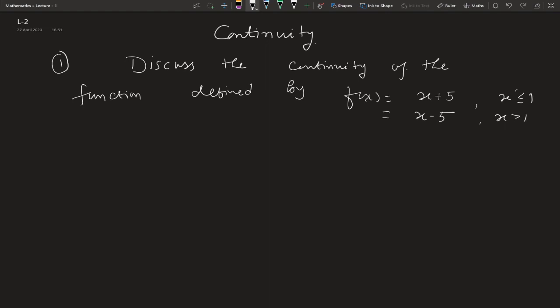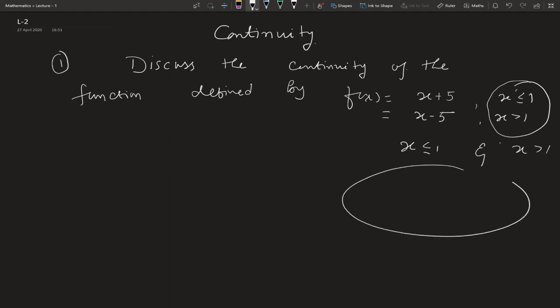Now, at which point it is not specified, but the junction point of this function is, you can observe, it is defined for x less than or equal to 1 and for x greater than 1. So we will check continuity at x equal to 1. Solution: